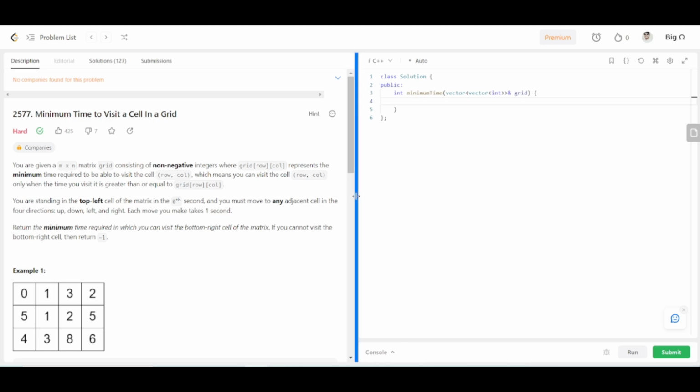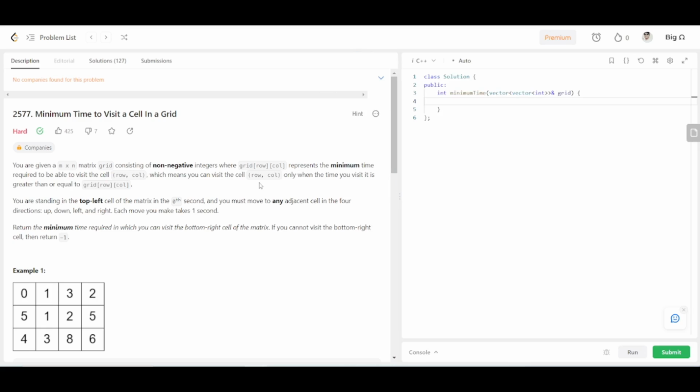So today in this video lecture we're going to be solving this problem, minimum time to visit a cell in a grid. So in this problem we're given an m cross n matrix grid consisting of non-negative integers where each element represents the minimum time required to be able to visit that cell, represented by the pair row column, which means you can visit the cell only when the time you visit it is greater than or equal to the